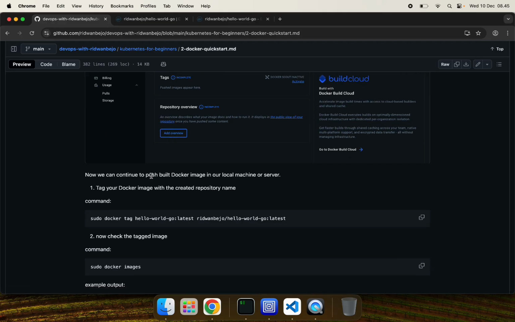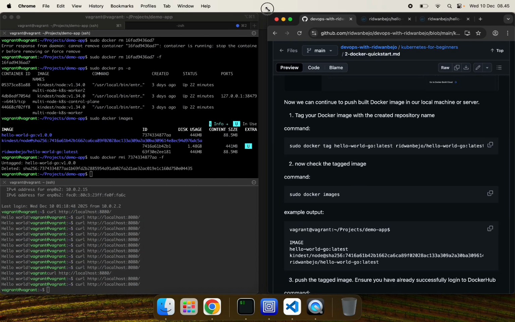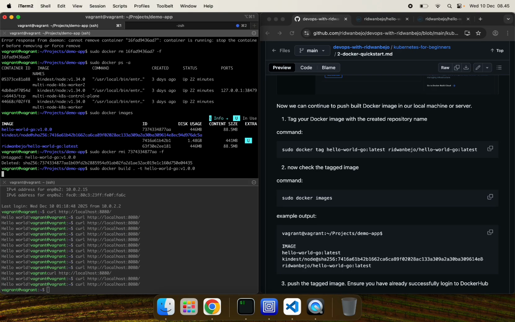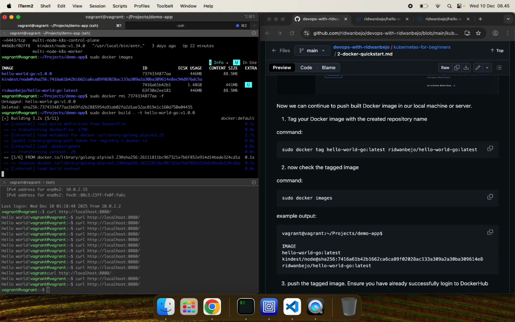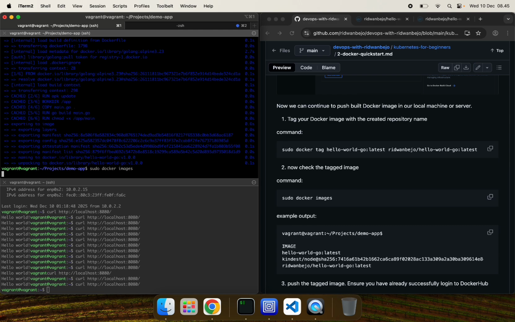Now, before we continue, we need to build the image again because we deleted it for the sake of demo. Let's build it again. Sudo docker images.